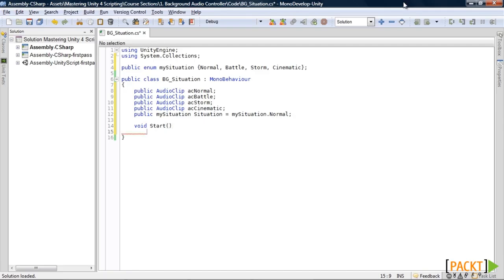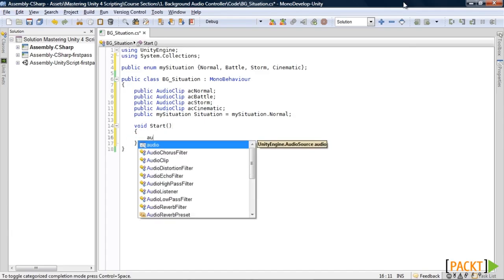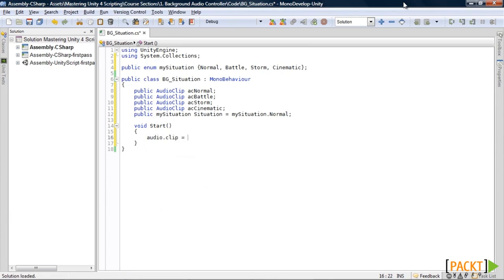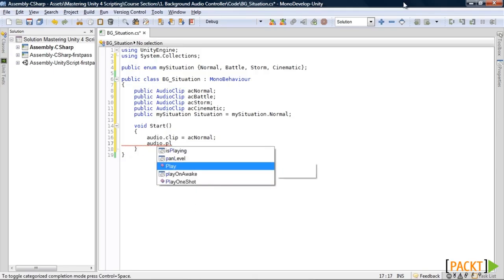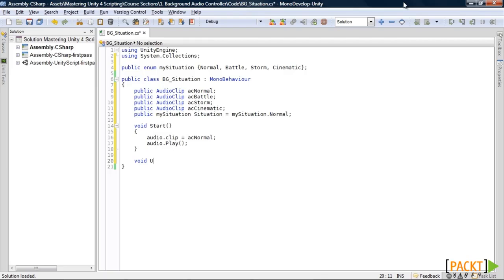After that, in our start function, we will load our normal clip and play it. And in our update function, we will go through all of our situations with a switch statement. First case will be normal, and with this we'll just load the clip in,